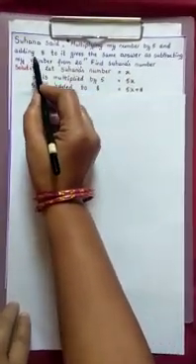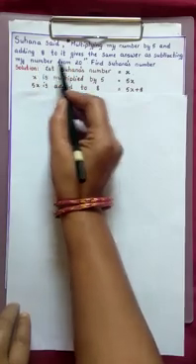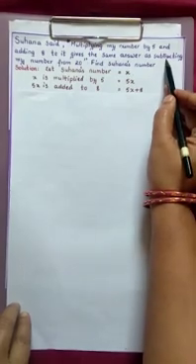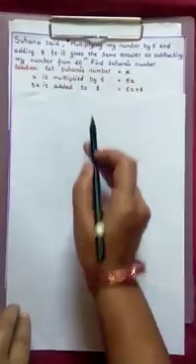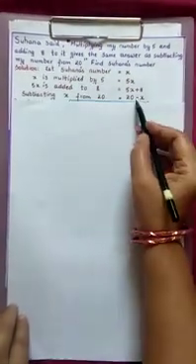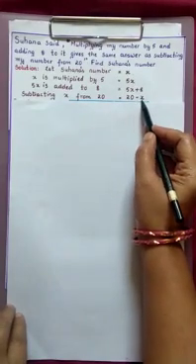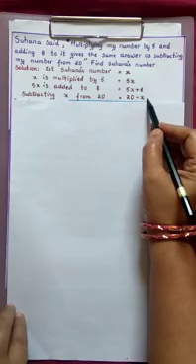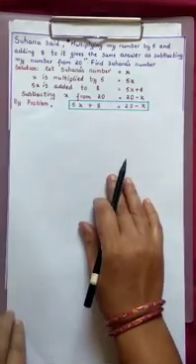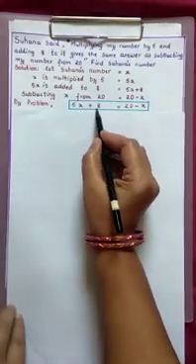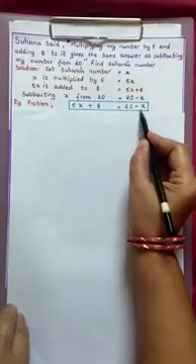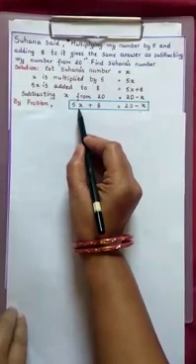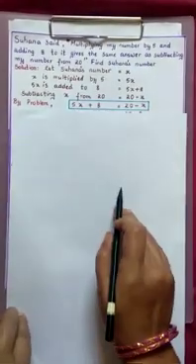Here again my number means Suhana's number. So this 5x plus 8 gives the same answer as subtracting x from 20. So subtracting x from 20 can be written as 20 minus x. So according to the problem, these two are the same. So by equating, 5x plus 8 is equal to 20 minus x. Now you observe the equation. Again we have variable terms on both sides of the equality sign.